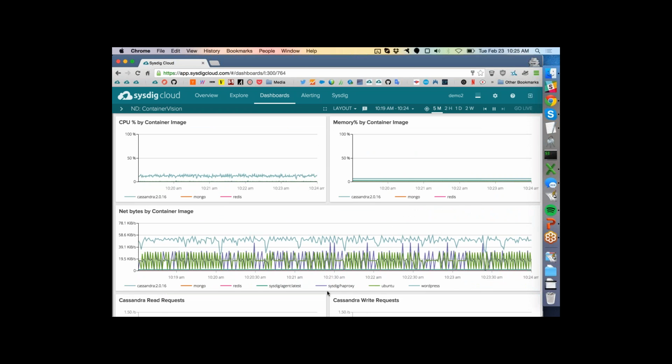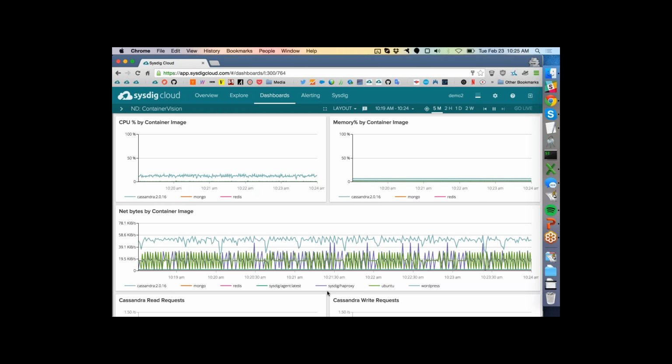What I want to point out here is this type of data, basic system data like CPU and memory, is really just the tip of the iceberg of what you can get from Sysdig Cloud. But this is 100% of the visibility that you're going to get from any other monitoring tool that's based on a legacy solution, an agent that was designed for a virtual machine. Because this is all the data that's going to be exported by those containers from the outside.